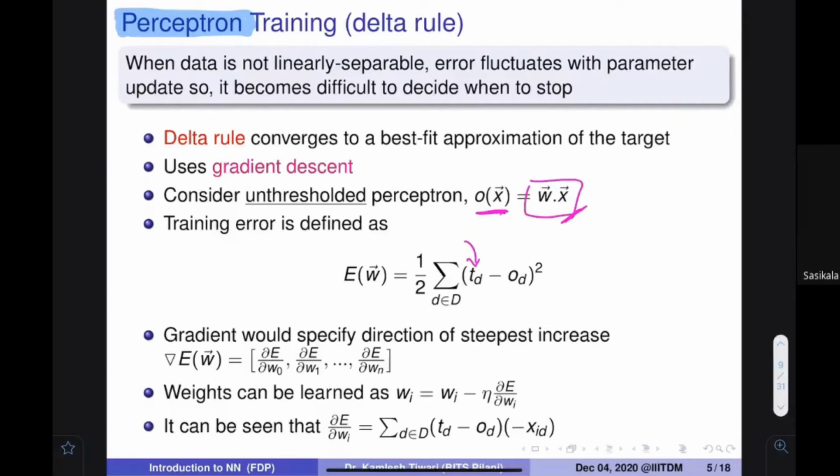What is the difference? How far am I from the expected one? If I want to find out how far I am from the expected output, I can take the difference of these two things. And the difference could be positive and negative also. So since I want to find out the difference, I can simply apply a square on that. And this is the sum of squares.